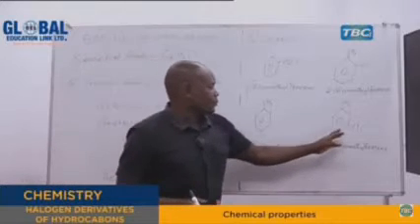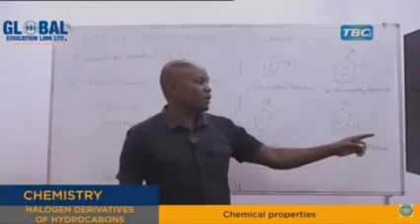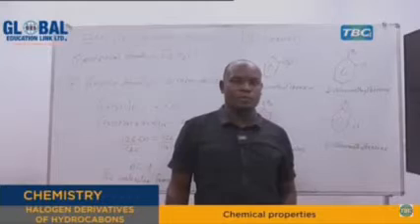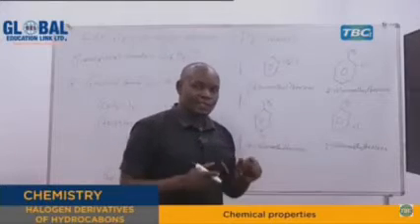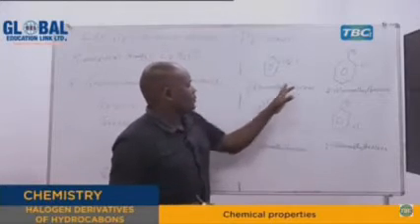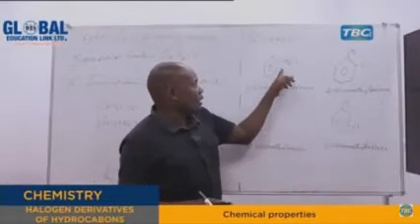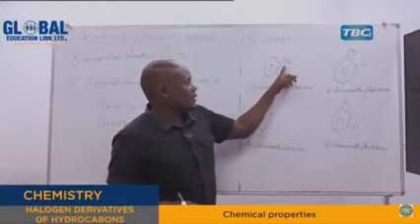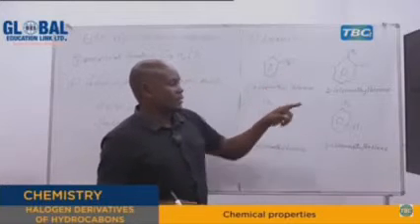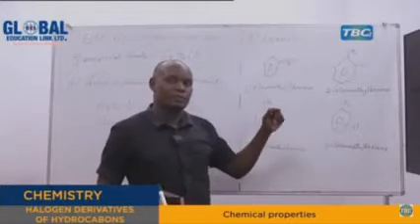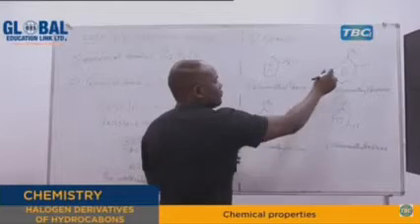So from the mentioned isomers, we have been asked which one will react with the potassium hydroxide. If you refer now to our nucleophilic substitution reaction in halogen derivatives of hydrocarbon, this one is the one that can react with the aqueous potassium hydroxide. Why? Due to the presence of an alkyl halide in the molecule. So here is where the hydroxide ions released by potassium hydroxide, which is our nucleophile, will substitute the halogen here. But in the remaining